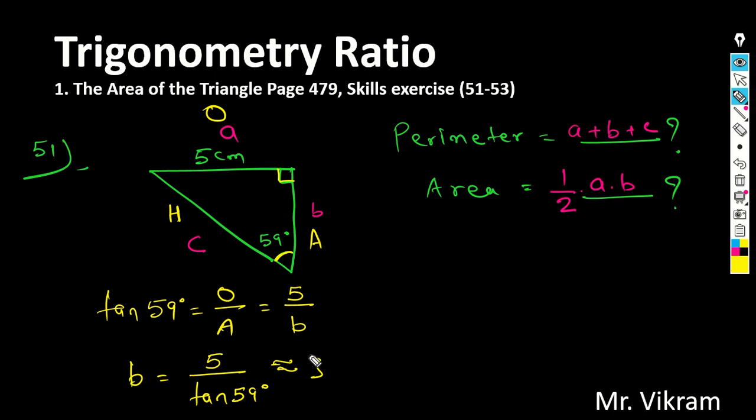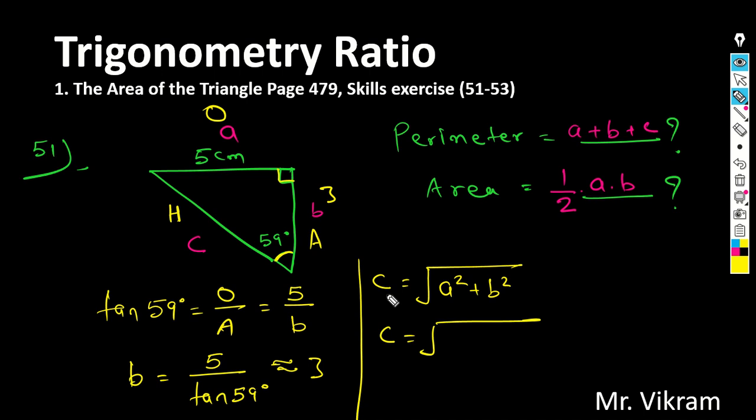Okay, now we know this side, this is 3, this is 5, and if you know the right triangle, I can tell, no, I cannot tell in this case because the base here is 5, so I will have to solve for hypotenuse also. Otherwise the combination is 3 4 5, but here the longest side should be 5, but here it is given as 5. So now I can use the right triangle property. Small c is equal to the square root of a square plus b square. C is equal to, a square is 5 square plus b square is 3 square. So you will get c equal to